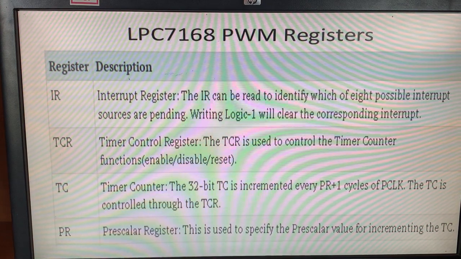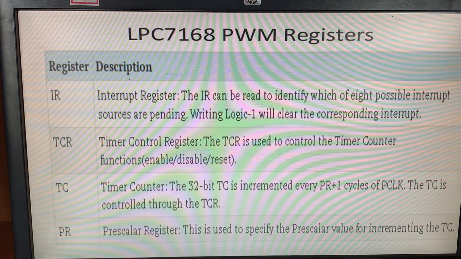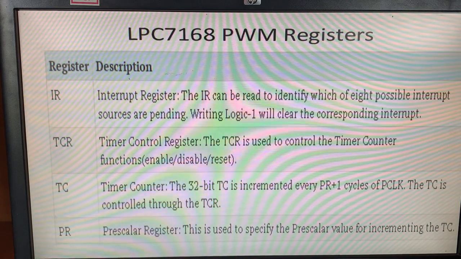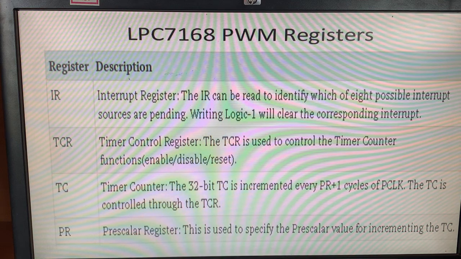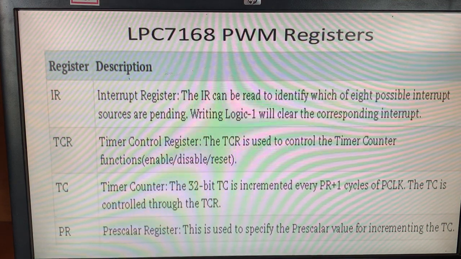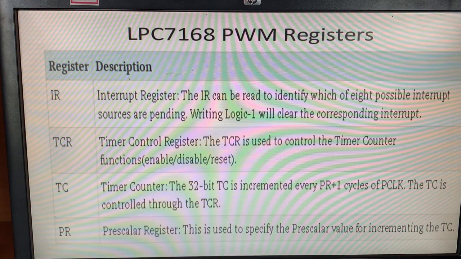Next is TCR, the timer control register, which is used to enable, disable and reset the timer counter. The third one is TC, the timer counter. The 32-bit TC is incremented every PR plus 1 cycle.